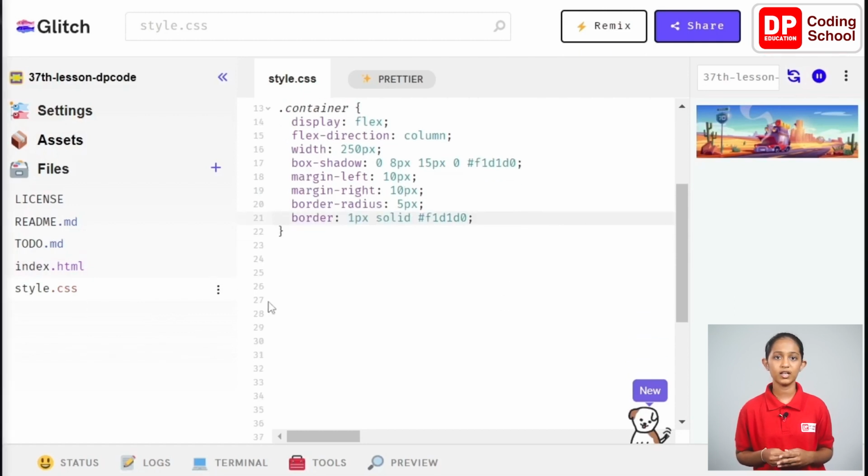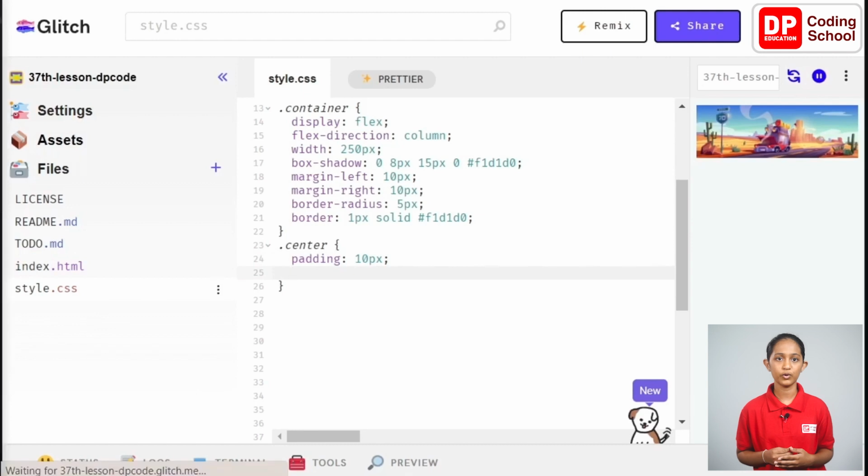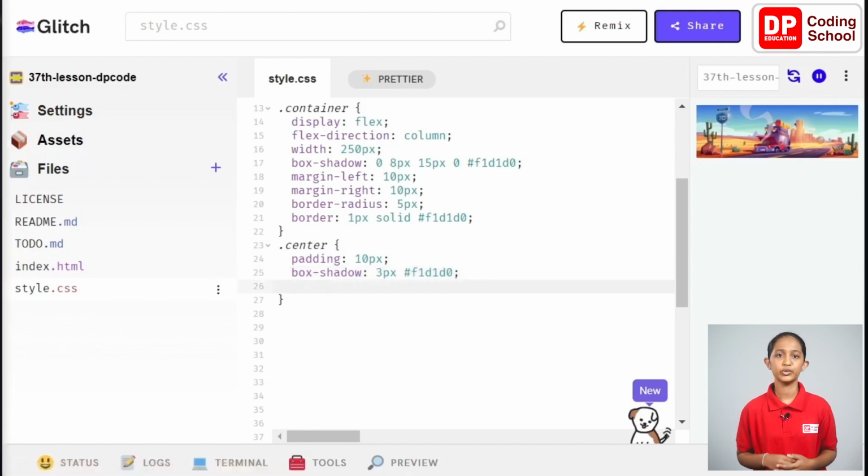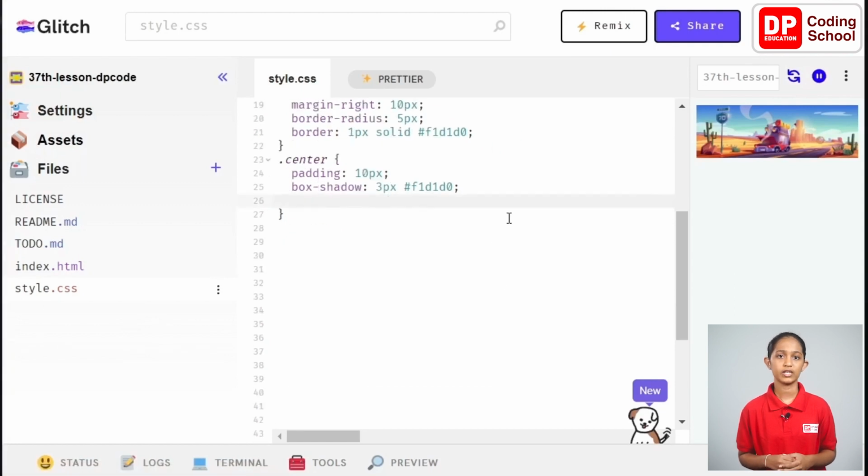I create another class in line 22. This class is created to write the styles needed for one wonder to be used in the middle of the page. I will name this class as center. In the 24th line of that class is given as padding: 10px; semicolon. In the 25th line, it is used as box-shadow: 3px #f1d1d0; semicolon to prepare the shadow of this